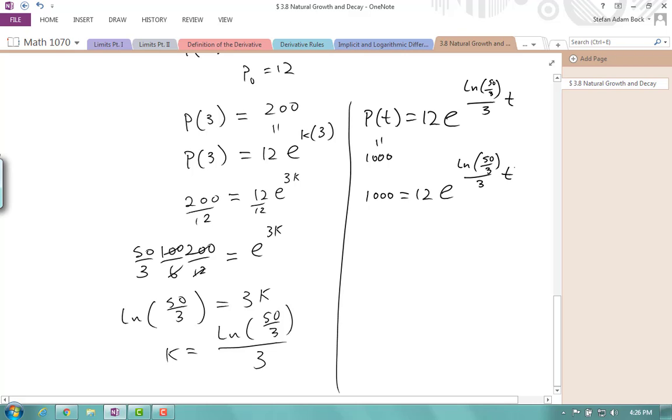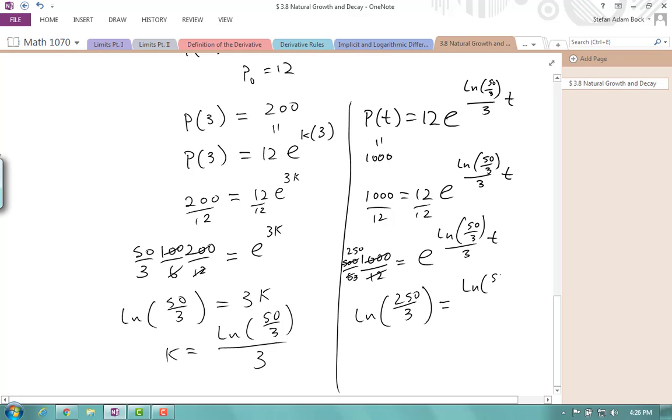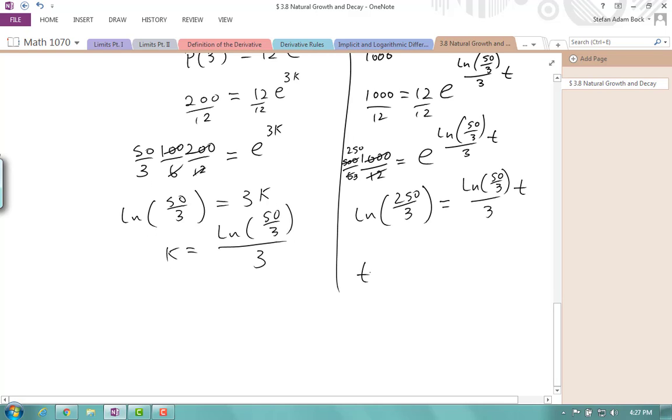And now I want to solve for my time t. So I'll have 1,000 divided by 12, which is 500 over 6, which is 250 over 3, equals e to the natural log of 50 over 3 times t. Take the natural log of both sides again. I'll have the natural log of 250 divided by 3 equal to the natural log of 50 divided by 3 times t, which means my t is this lovely number,